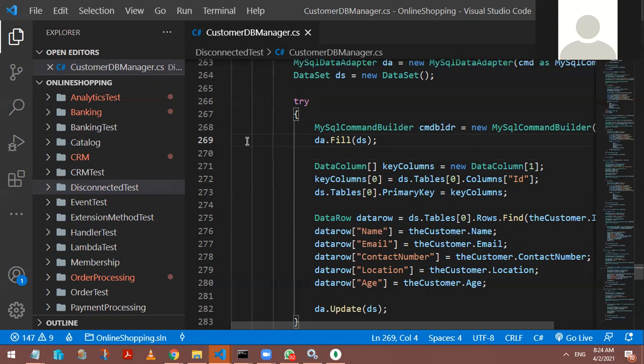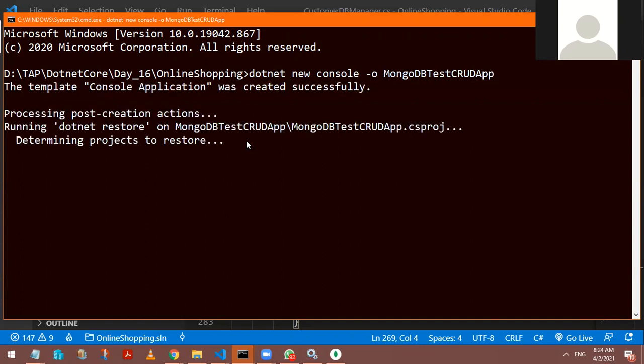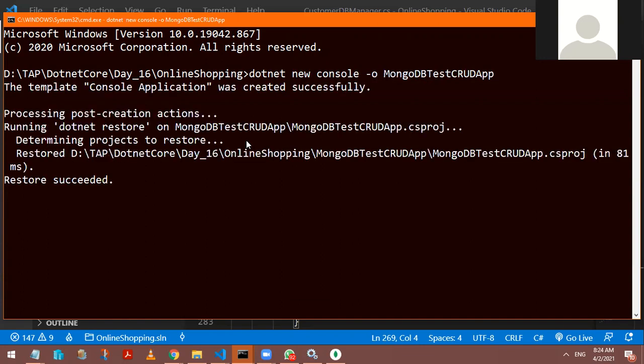So the best way is Control Shift C. Inside this area, dotnet new console -o MongoDBTestCRUDApp. I'm just giving some name. That is a simple console application I'm adding within my solution, but that is just a folder created.